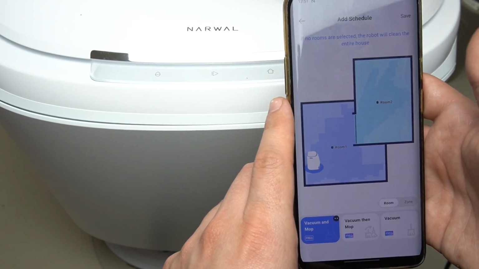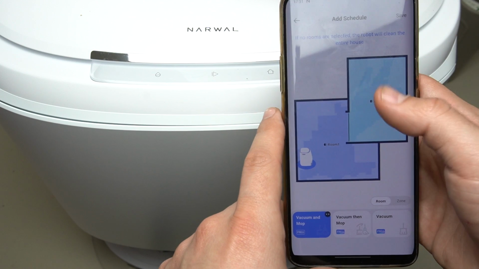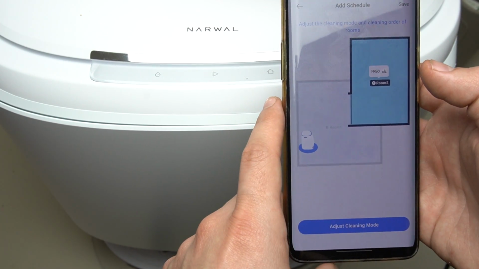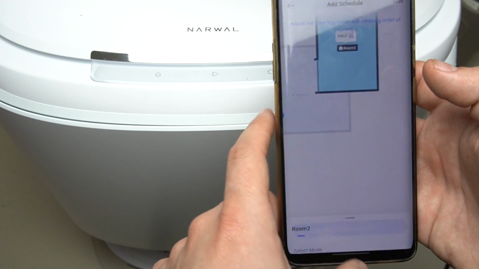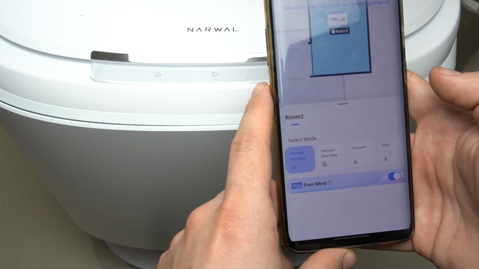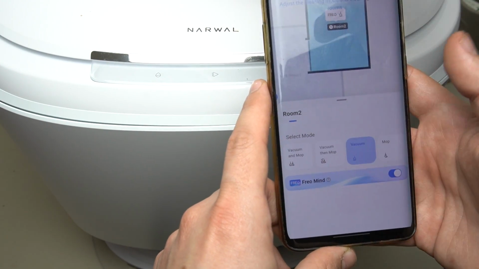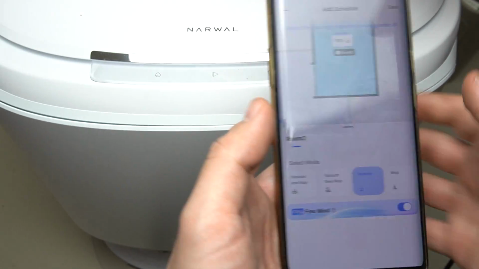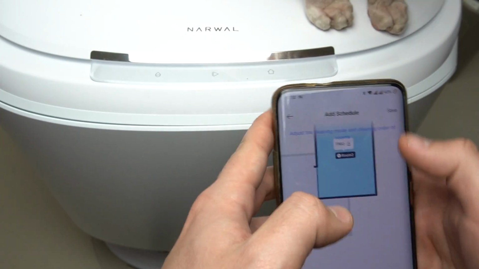You can also customize it if you want to set different settings for each room. You can just tap on the room, tap on adjust cleaning mode. Then you can select that you want to vacuum and mop, vacuum then mop, vacuum or only mopping. So let's set the vacuum, for example. Then just click on save